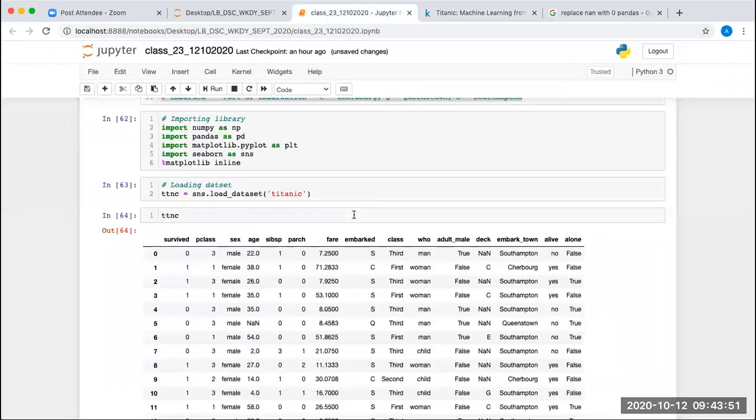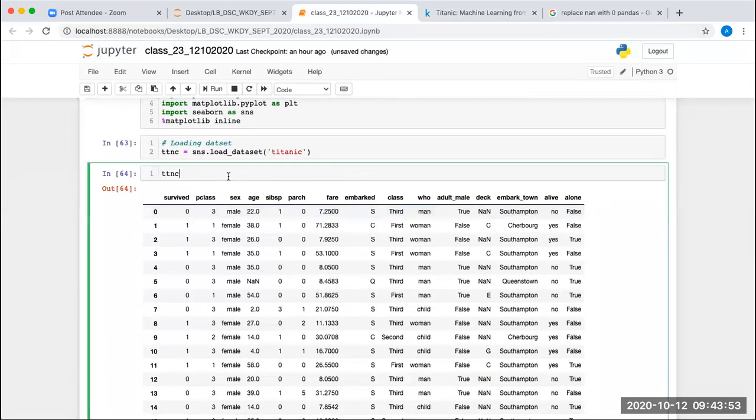Okay, we'll do it this way: titanic of age equal to titanic dot age dot fillna with 0.